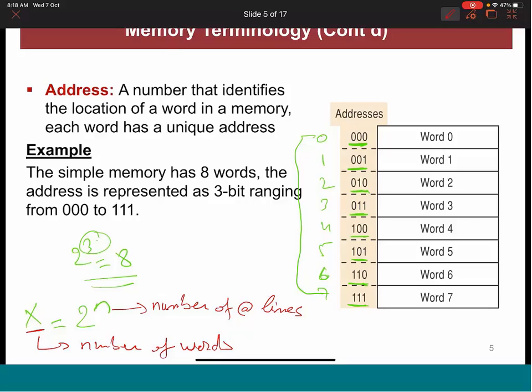So this is an example that we put here. A simple memory has 8 words. The address